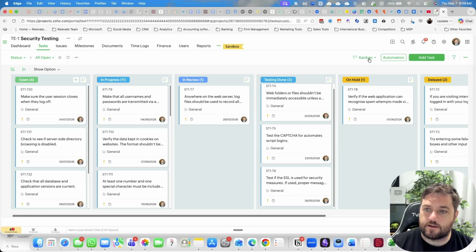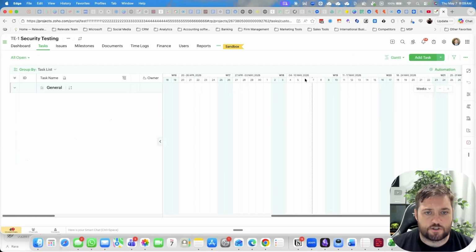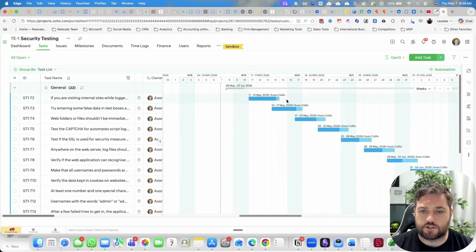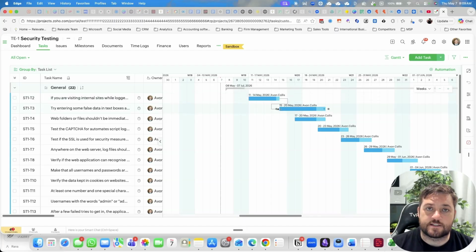So I'm just going to come up to here as well, and I'm going to select Gantt chart just to show you what's happening in here. And you can see it's created a Gantt chart, and at the moment, they're all independent tasks. But if you wanted to create a dependency, you can just click on the end and link it to the one in front of it. And we can see that this one is a finish to start. So there are different methodologies on how you link project information. And when you grab the end of one and link it to the start of the other one, that's finish to start. There's also finish to finish, start to start,